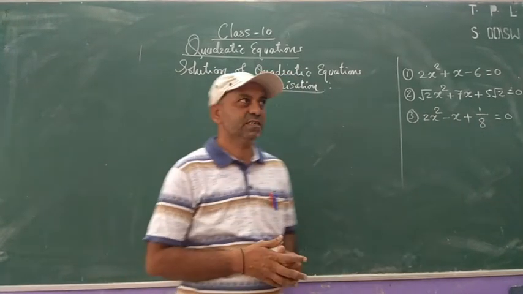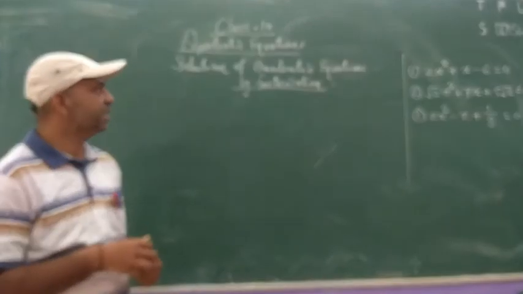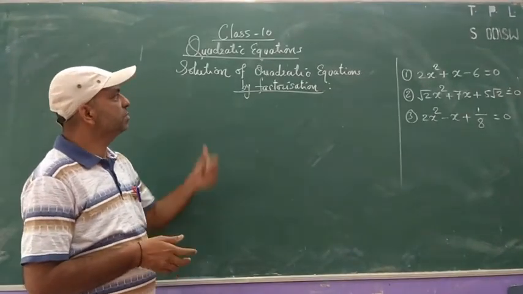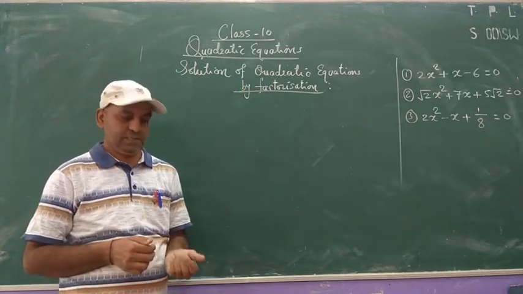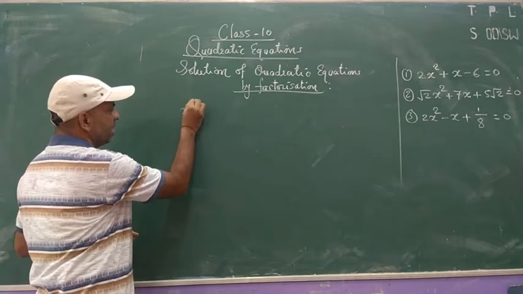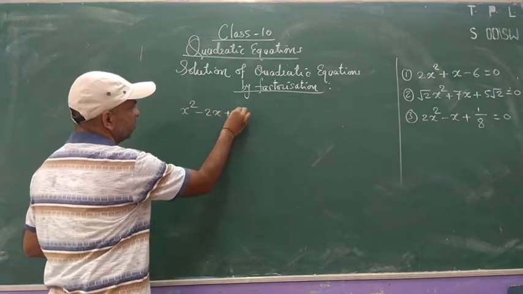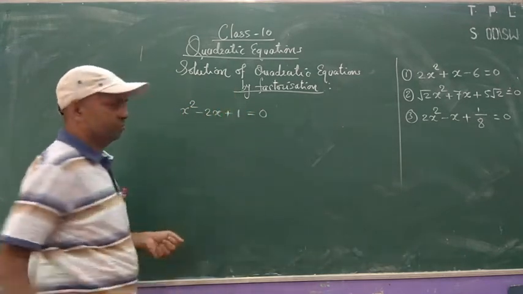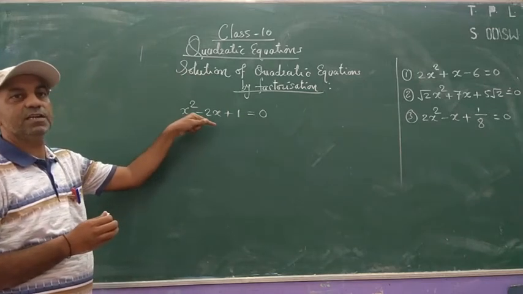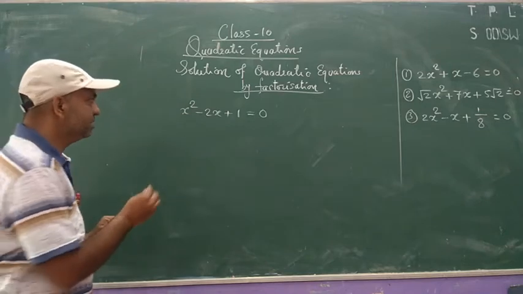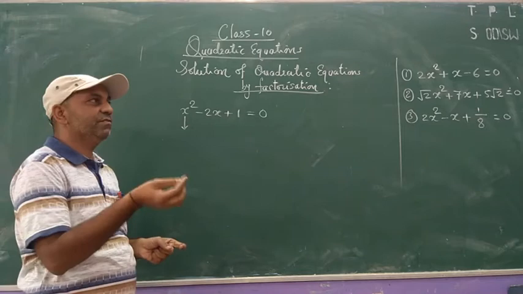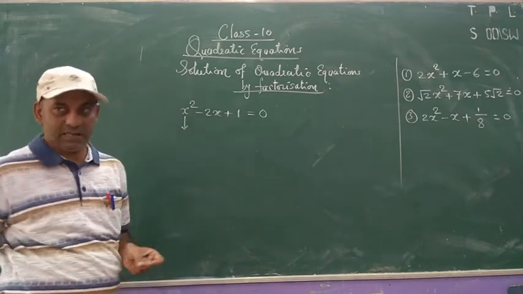Today we discuss solution of quadratic equation by factorization method. Okay, so what do you mean by solution of quadratic equation? Suppose this is quadratic equation, x square minus 2x plus 1 is equal to 0. Then what is meant by solution of this quadratic equation? So solution means the value of variable, the value of variable when we substitute in equation